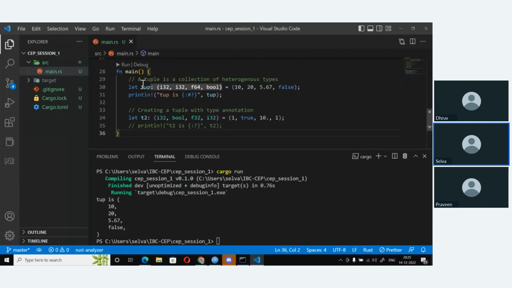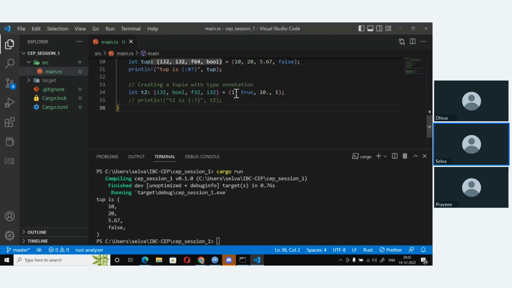A tuple is used to collect values of different types into one single element. Now, if you want to access individual elements inside of the tuple, how do you do that? I want to access the first element.